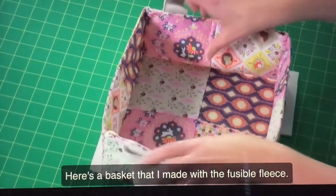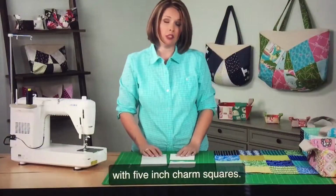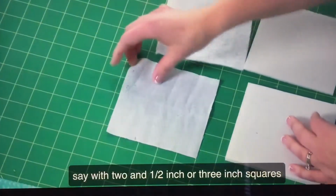Here's a basket that I made with the Fusible Fleece. You can see that it's not quite as sturdy, but it's still a nice basket. It's still really cute, so that's one more option you have. Now these baskets were both made with 5-inch charm squares. If you're making a small basket, say with 2.5 inch or 3-inch squares, you could also use, this is called